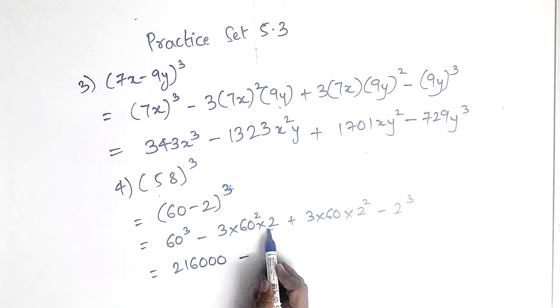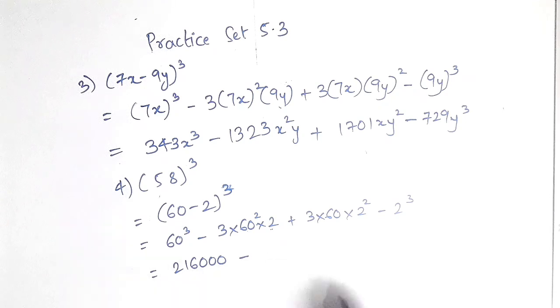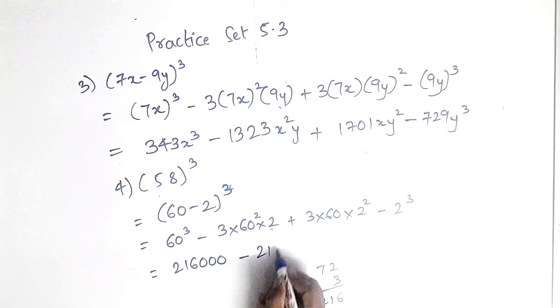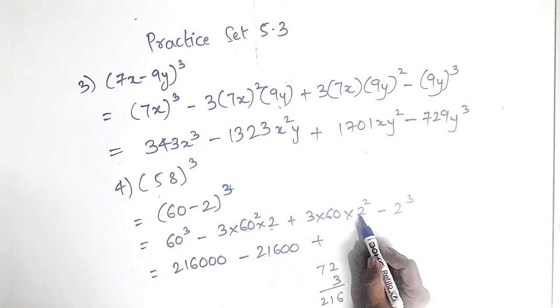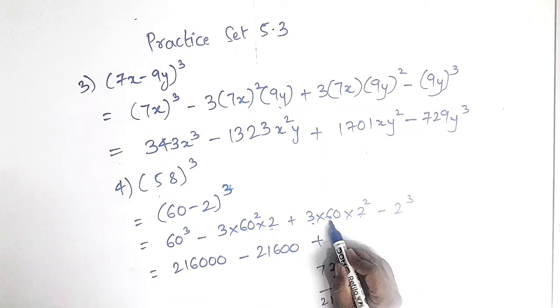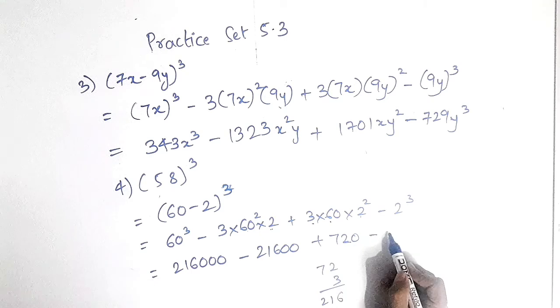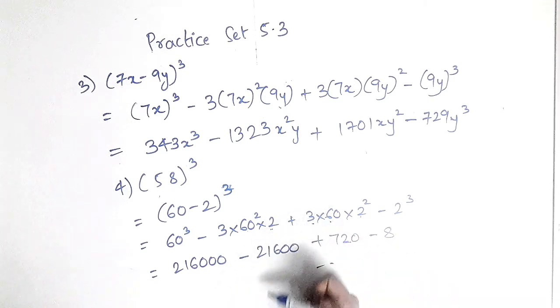Okay, and 7200 into 3, I will not take 100, I'll just take 72. So 72 3 times is 216, and 2 zeros we had to take. Okay, plus, here sign is plus, 2 square 4, 4 3s are 12, 12 6 are 72, so one more 0, 720 minus 8.